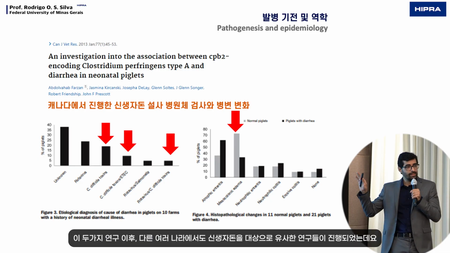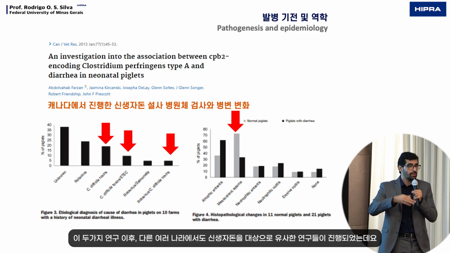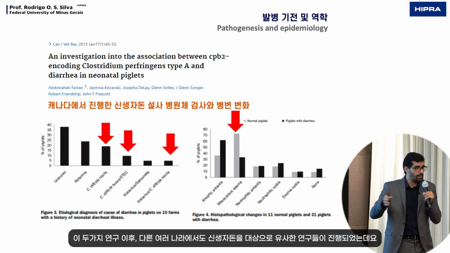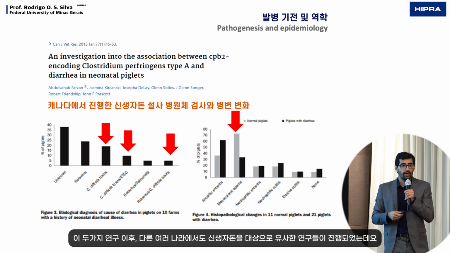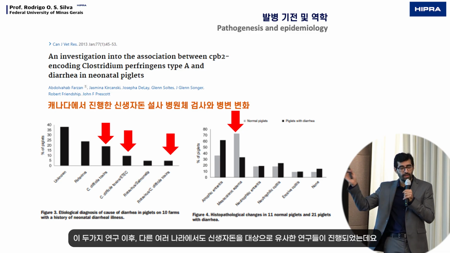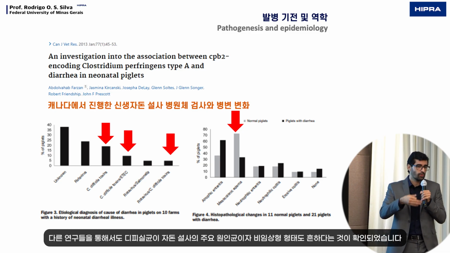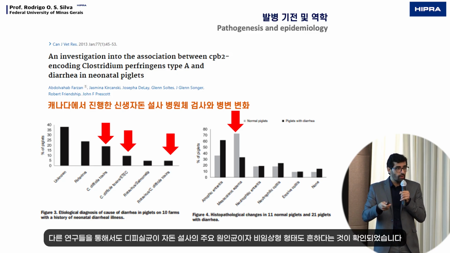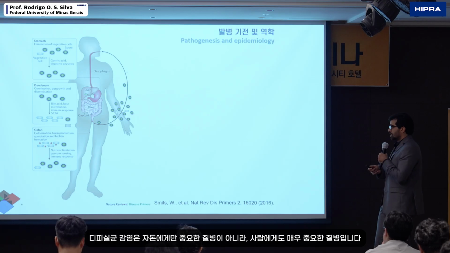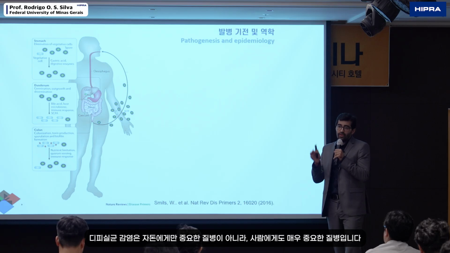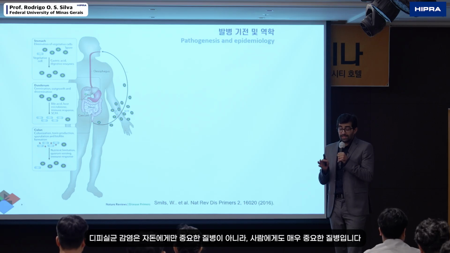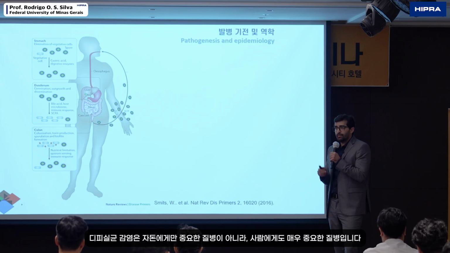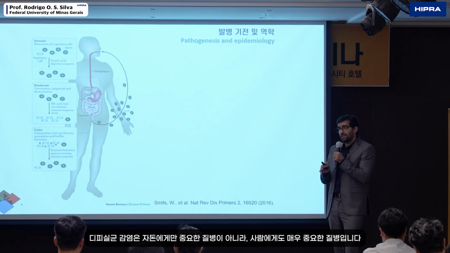After these two studies, several other researchers in different countries also performed more or less the same study, testing neonatal piglets for different enteropathogens, and they confirmed Clostridium difficile as a major cause of diarrhea in piglets and also a subclinical disease. So Clostridium difficile infection is a very important disease for piglets, but also it's a very important